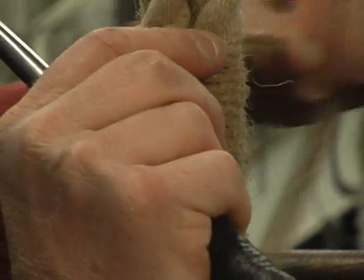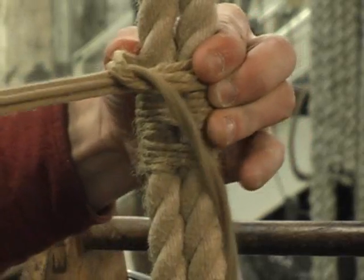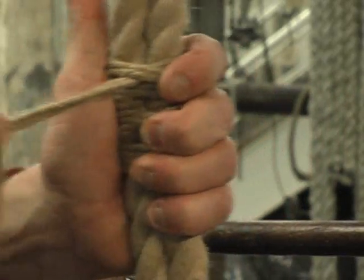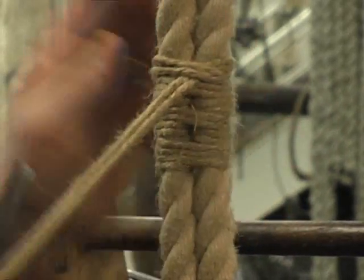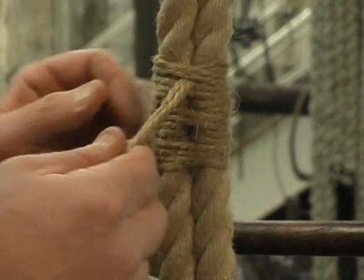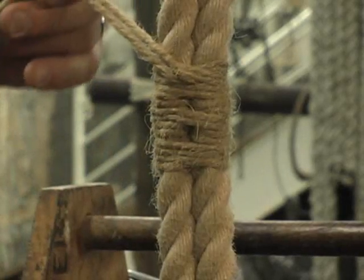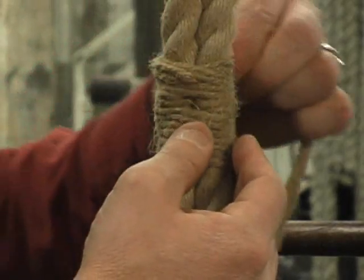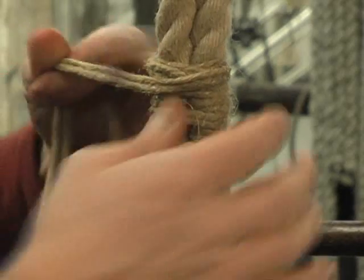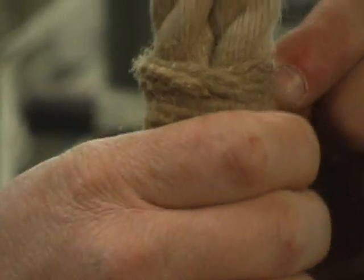In that last turn here, I'm going to finish with a hitch, just like we did on the last seizing. But again, this one's doubled up thickness. And I want to have the hitch come out right between the 2 strands, just like last. Now when they're doubled up, I find that the turns wrap the neatest if I kind of fold it up this direction when beginning my covering wraps, like that,